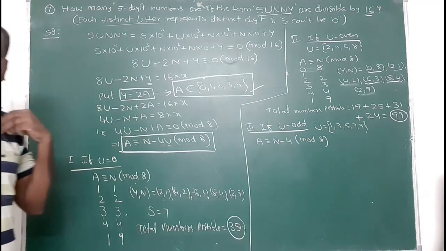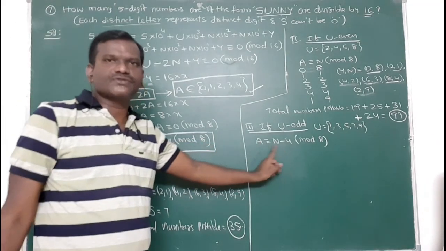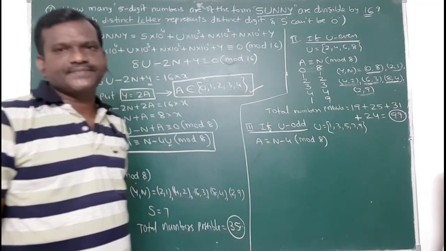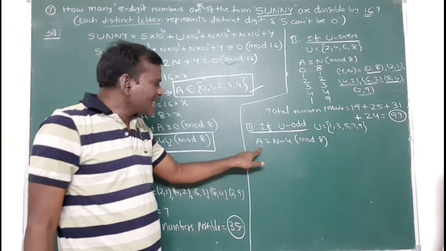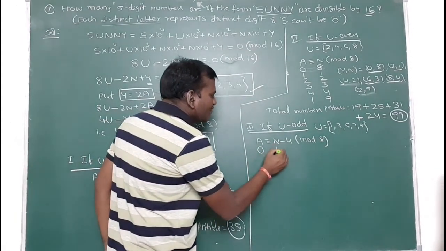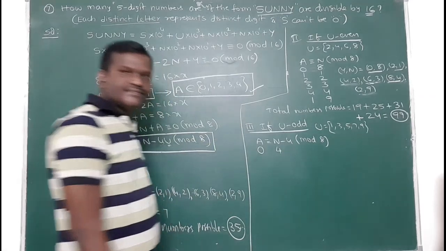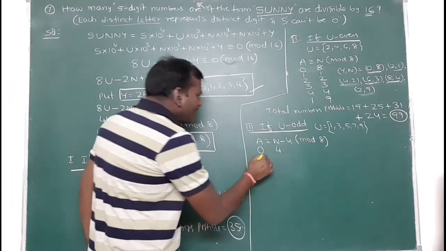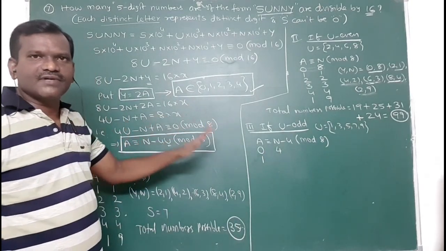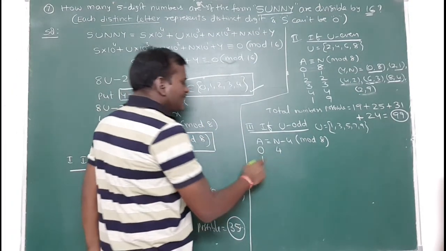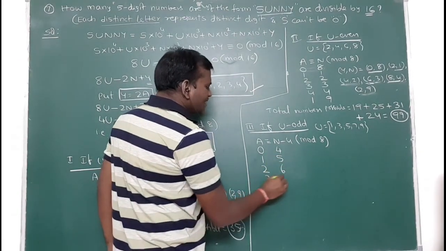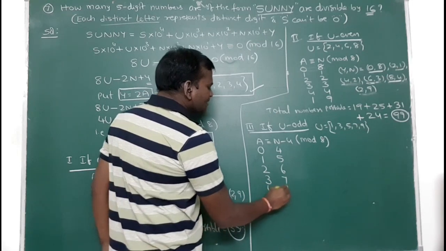Here a and n minus 4 should be equal, leave the same remainder when divided by 8. So if 0 is taken in place of a, then n value should be 4 here. 4 minus 4 is 0. Then a value 0, 1, 2, 3, 4, I know. That's why I am focusing on a is equal to 0, 1, 2, 3, 4 only first. So if it is 1, this is 5. If it is 2, this is 6. If it is 3, this is 7. If it is 4, this is 8.